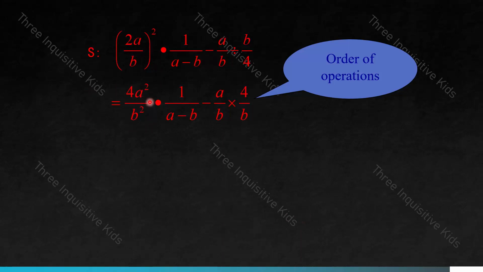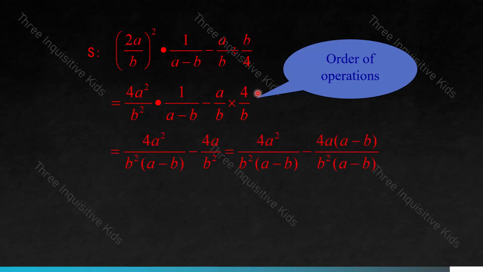The first term would be simplified to 4a squared over b squared. And here, we can turn division into multiplication by keeping the first fraction, switching the operation, and flipping the second fraction. And now, we can multiply each of these groups, and in the end, we would have 4a over ab